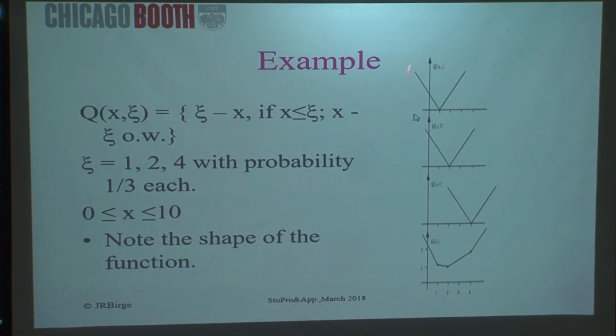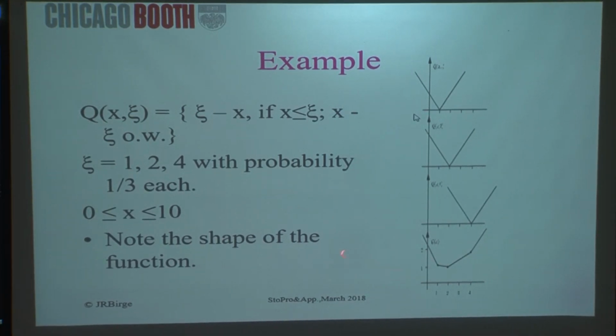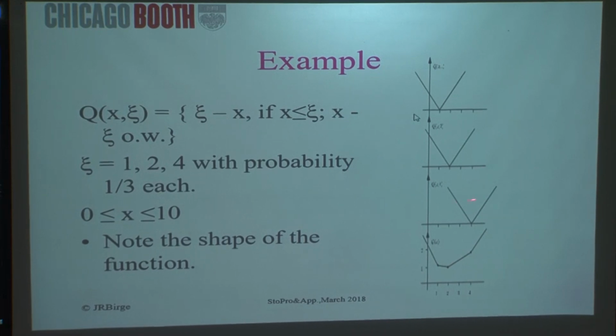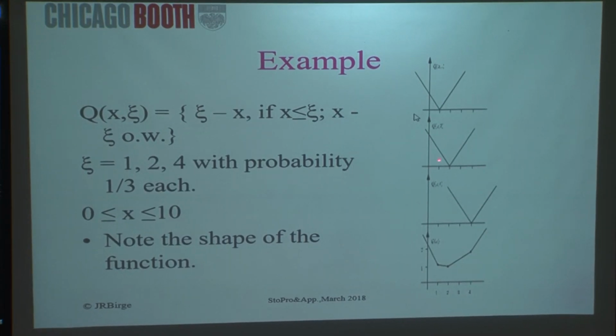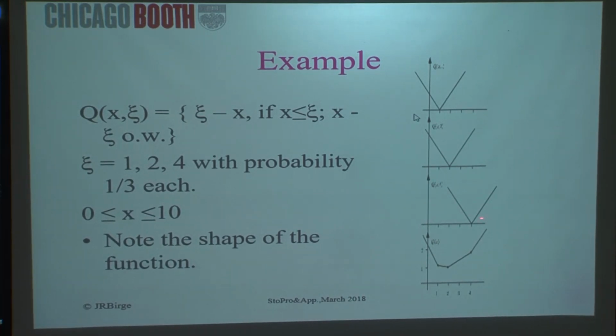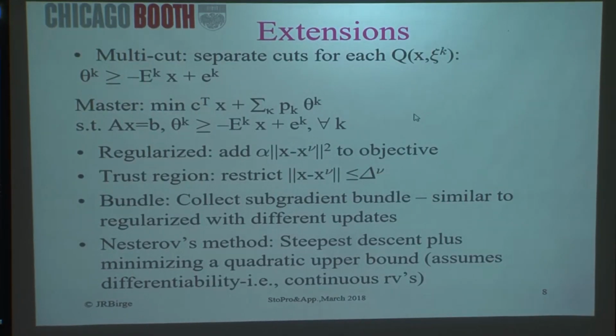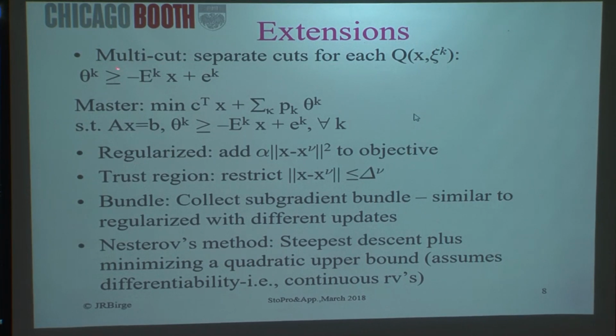So by splitting up, instead of having just one theta on everything together, if you made different thetas for each one of these individually and treated them individually, then you'll identify the function faster. So you'll end up converging faster by doing that. Okay, so this is called the multi-cut method. So the multi-cut method,